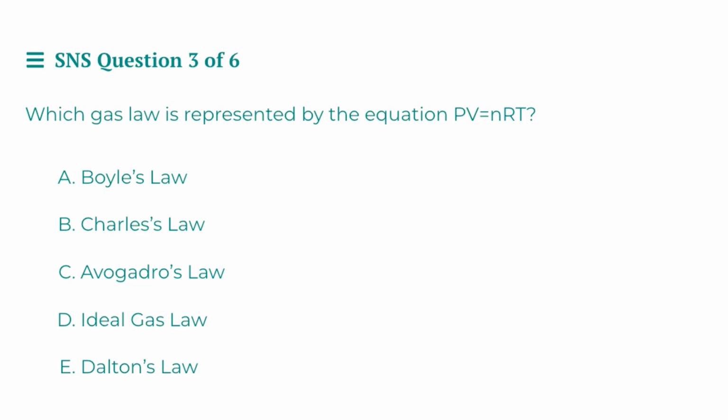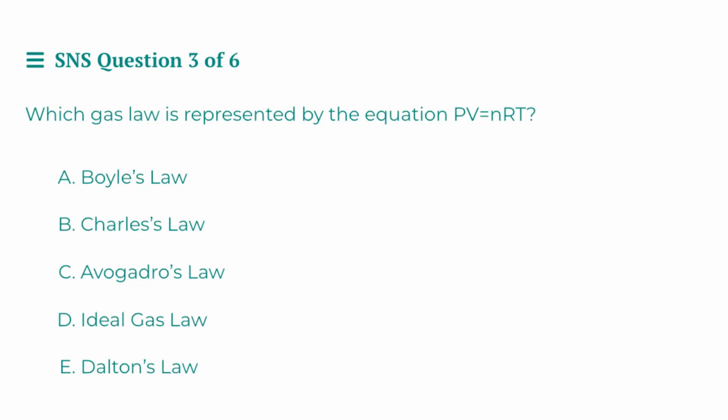So Boyle's law states that pressure and volume are inversely proportional at constant temperature, and therefore we can represent Boyle's law with the following equation. We have P1 divided by V1, so we have the initial pressure divided by the initial volume, is equal to the second pressure divided by the second volume, or in other words, the new pressure and the new volume. So we can see that this is not represented by PV equals nRT, and therefore Boyle's law is not the